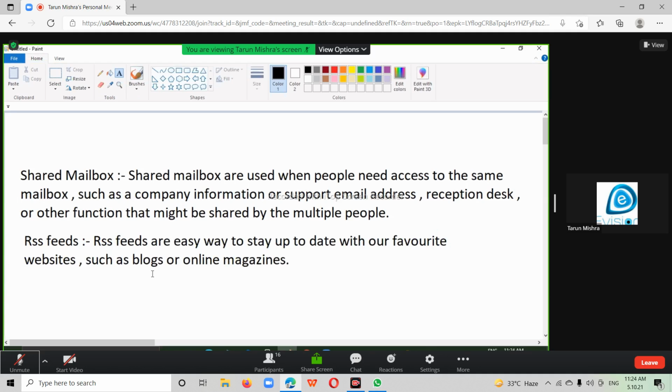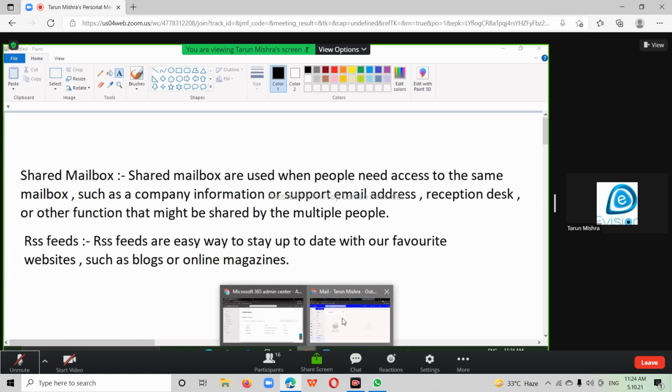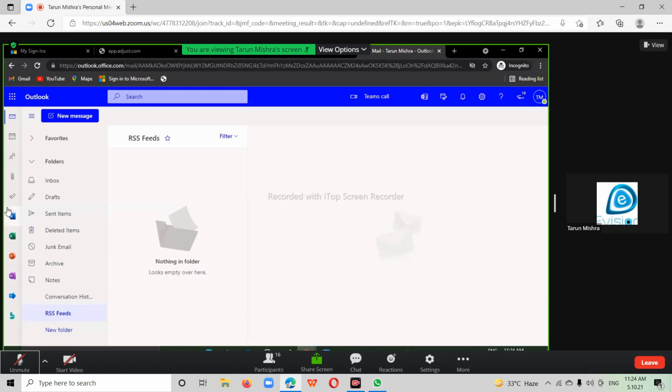See, RSS feeds are an easy way to stay up to date with our favorite websites, such as blogs or online magazines. So how to add an RSS feed? You can add your favorite magazines, anything you can add.